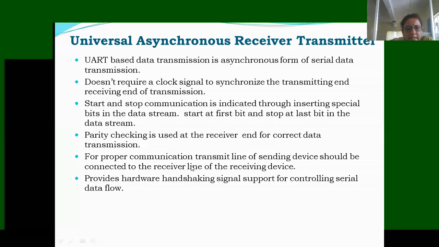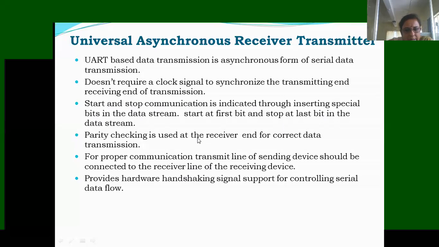So here you can see, whenever both the master and the slave want to send data, what happens? The start and the stop. Suppose the master wants to initiate the data transfer, first it will put the first bit as a start. That bit may be a 1 or 0. 1 may be indicated by the start. Stop is nothing but a 0. So the stop bit will be put at the end of the data stream. Start will be put at the first bit, right?